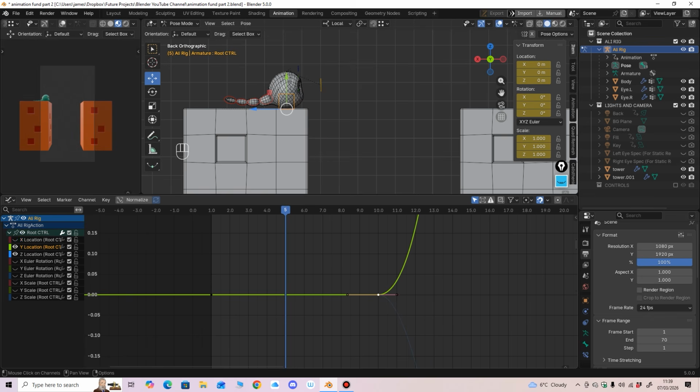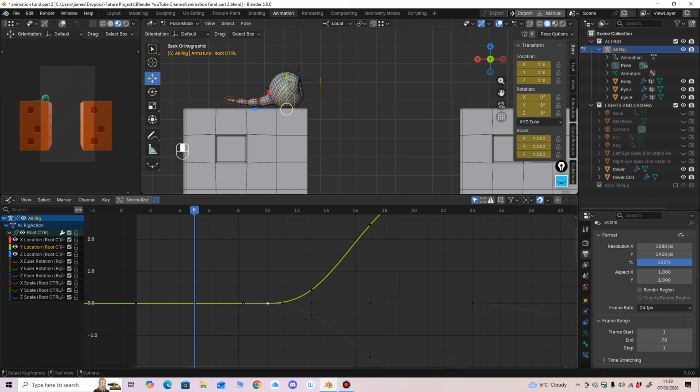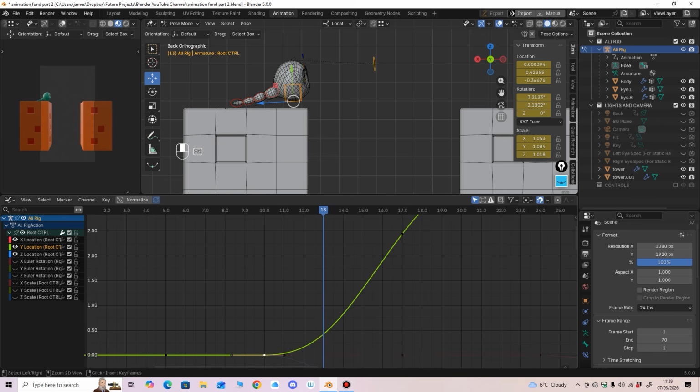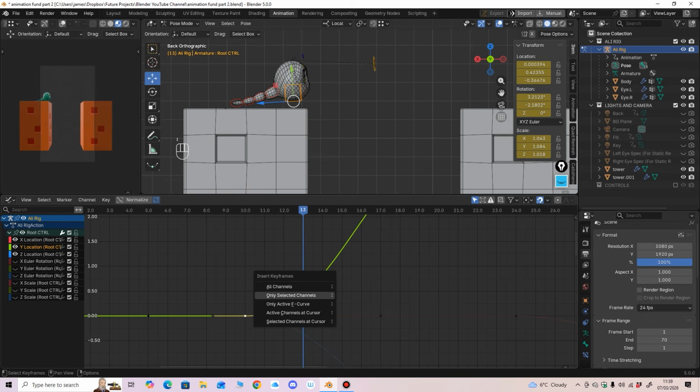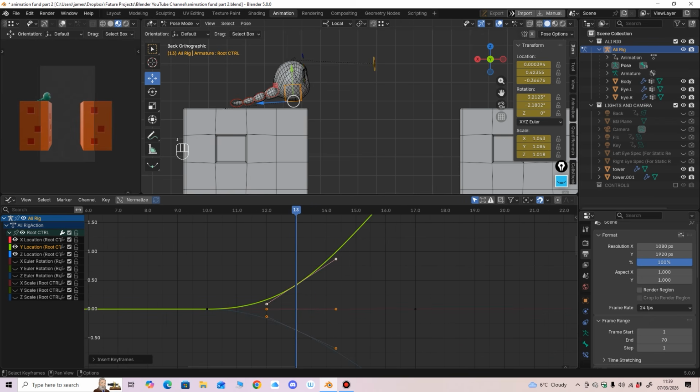Maybe just on the Z and the X, a very slight movement. It's not dead still. Be very subtle. Let's think about the Y. If we go to I, all channels,